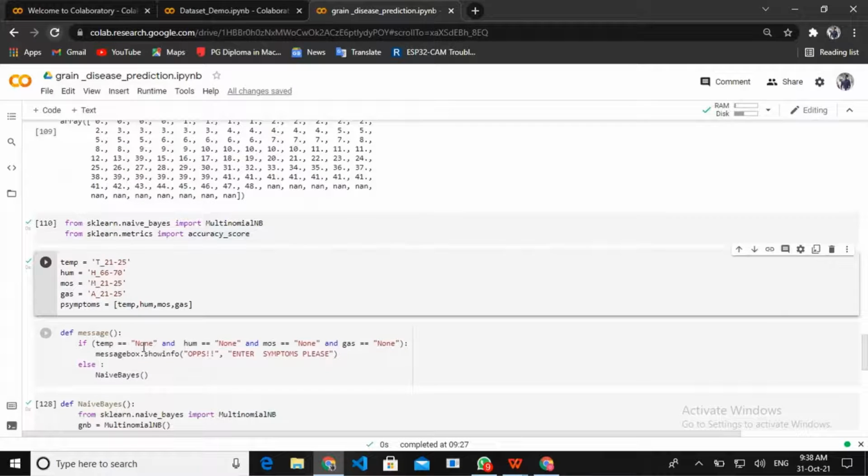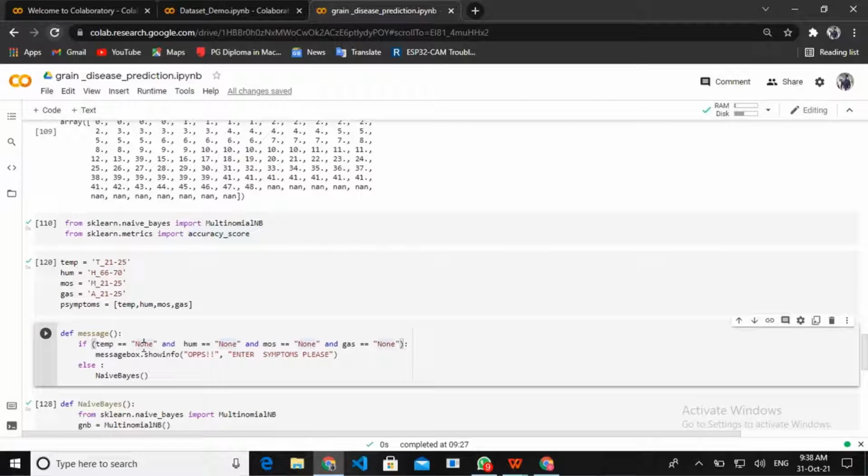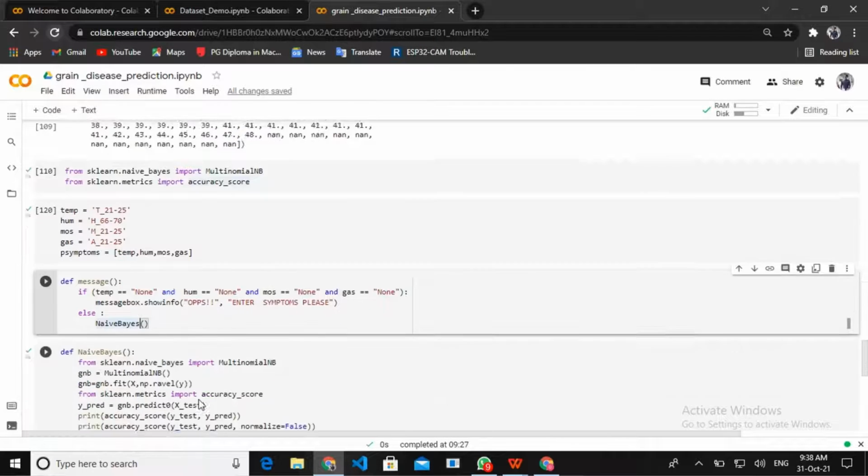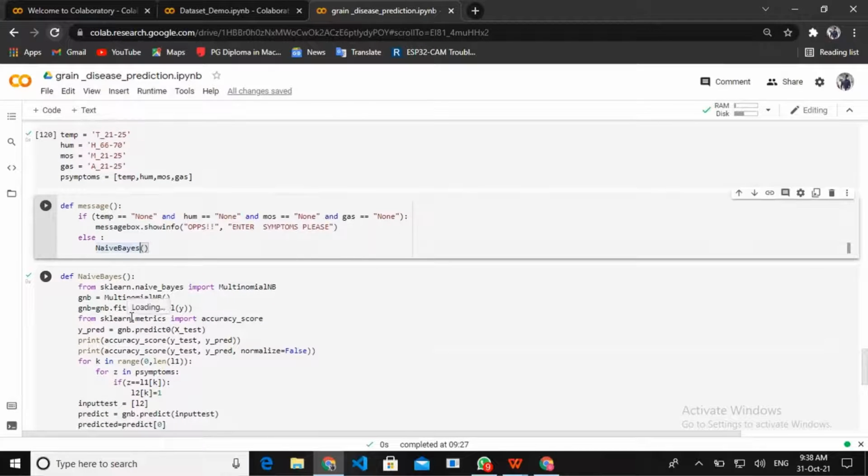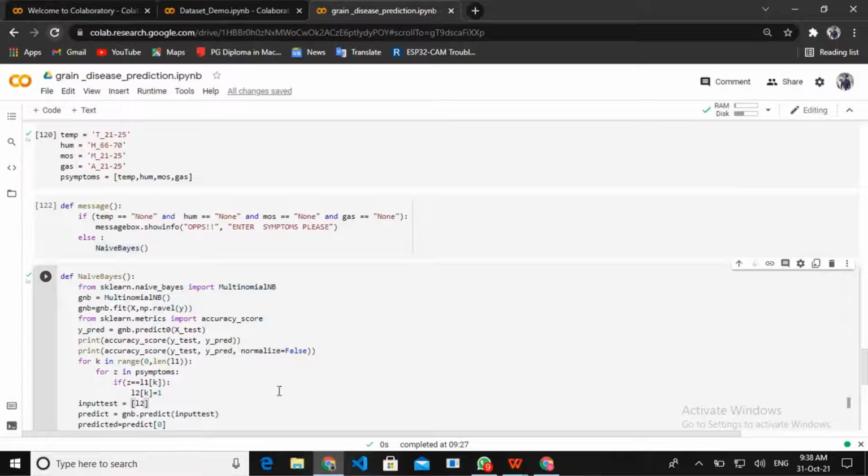The message function is specifically for whenever a user enters the system, he will be asked for the symptom values. If he doesn't enter any, he will get an error. Else, the Naive Bayes function will be called. Here is our actual Naive Bayes algorithm, which we are using for predicting the fungi name.